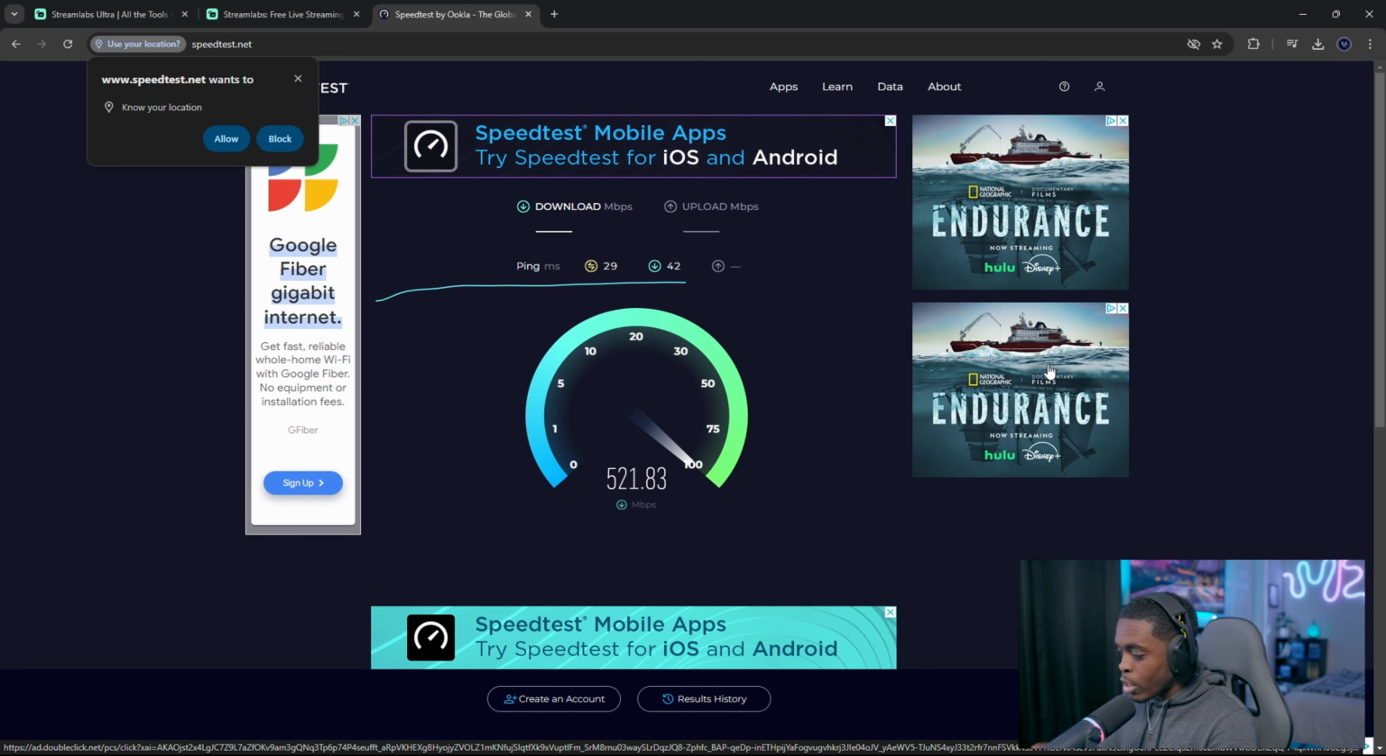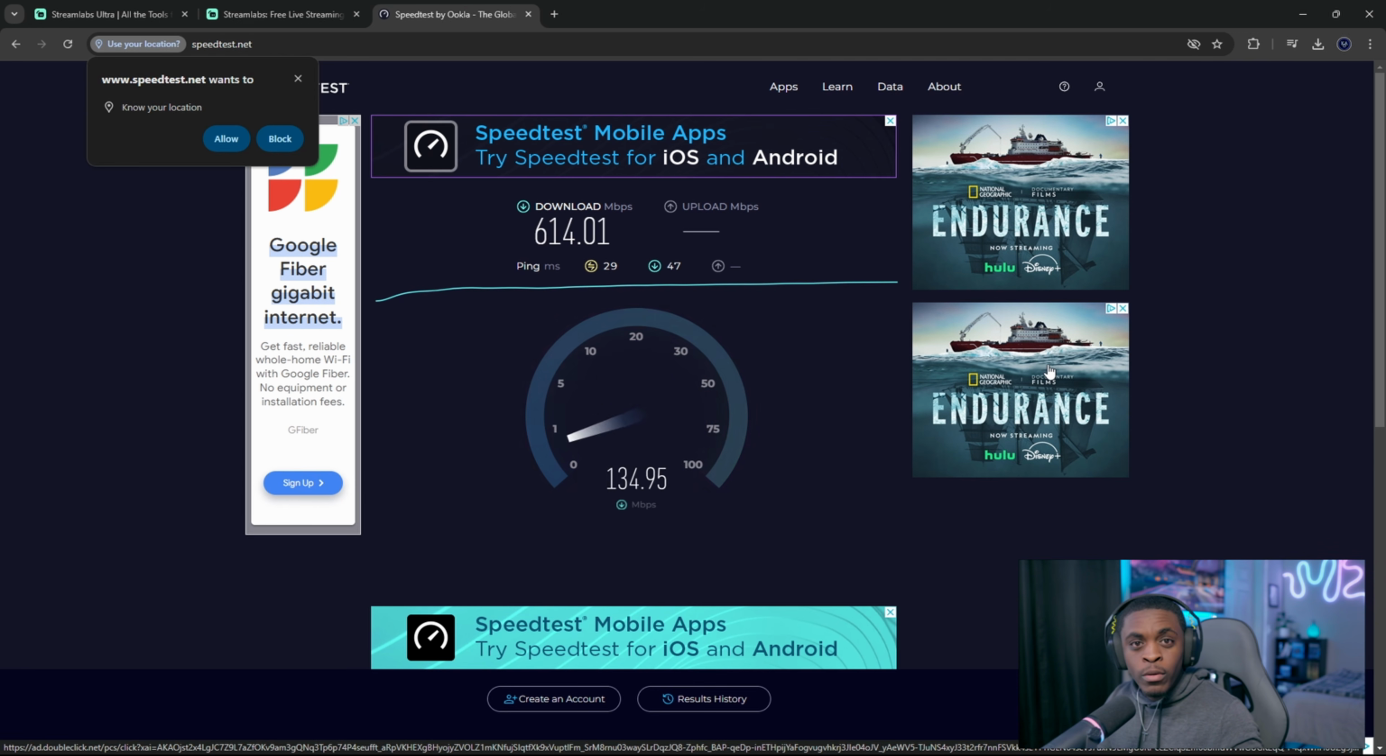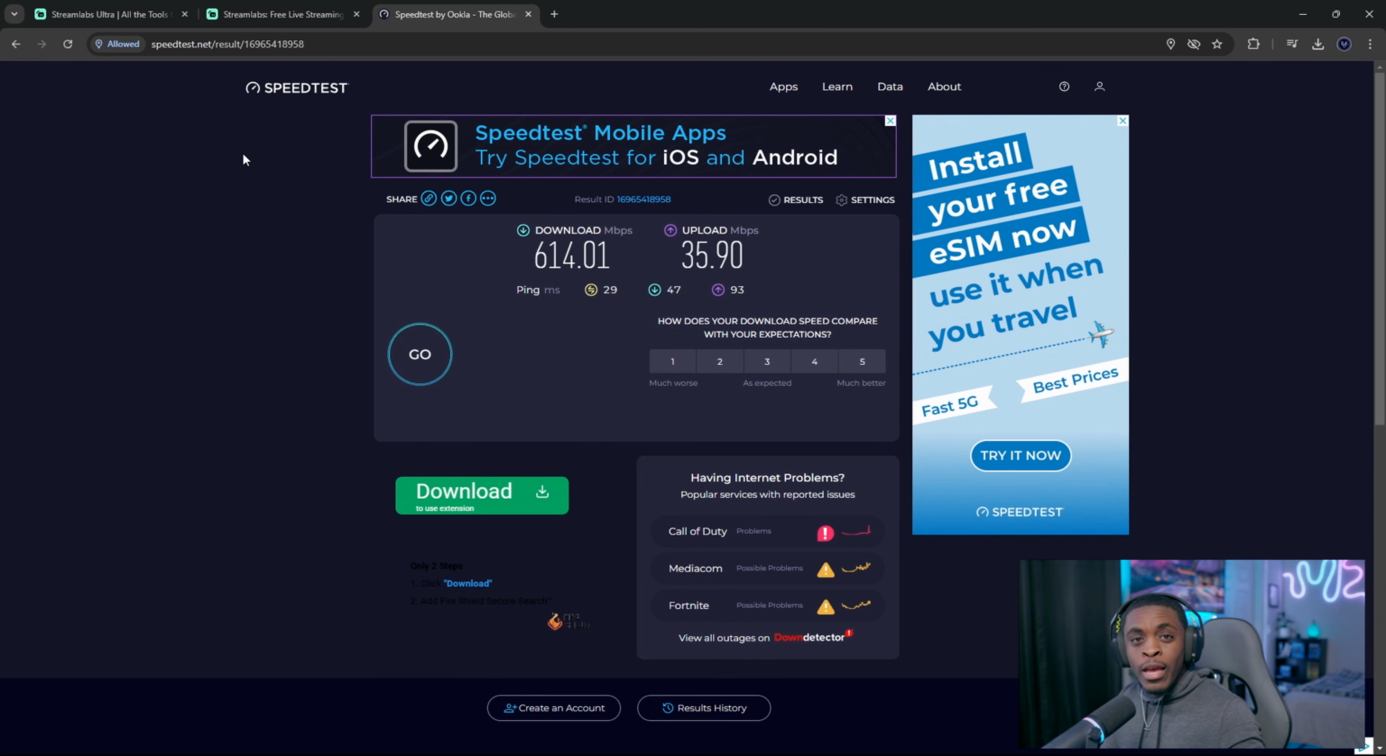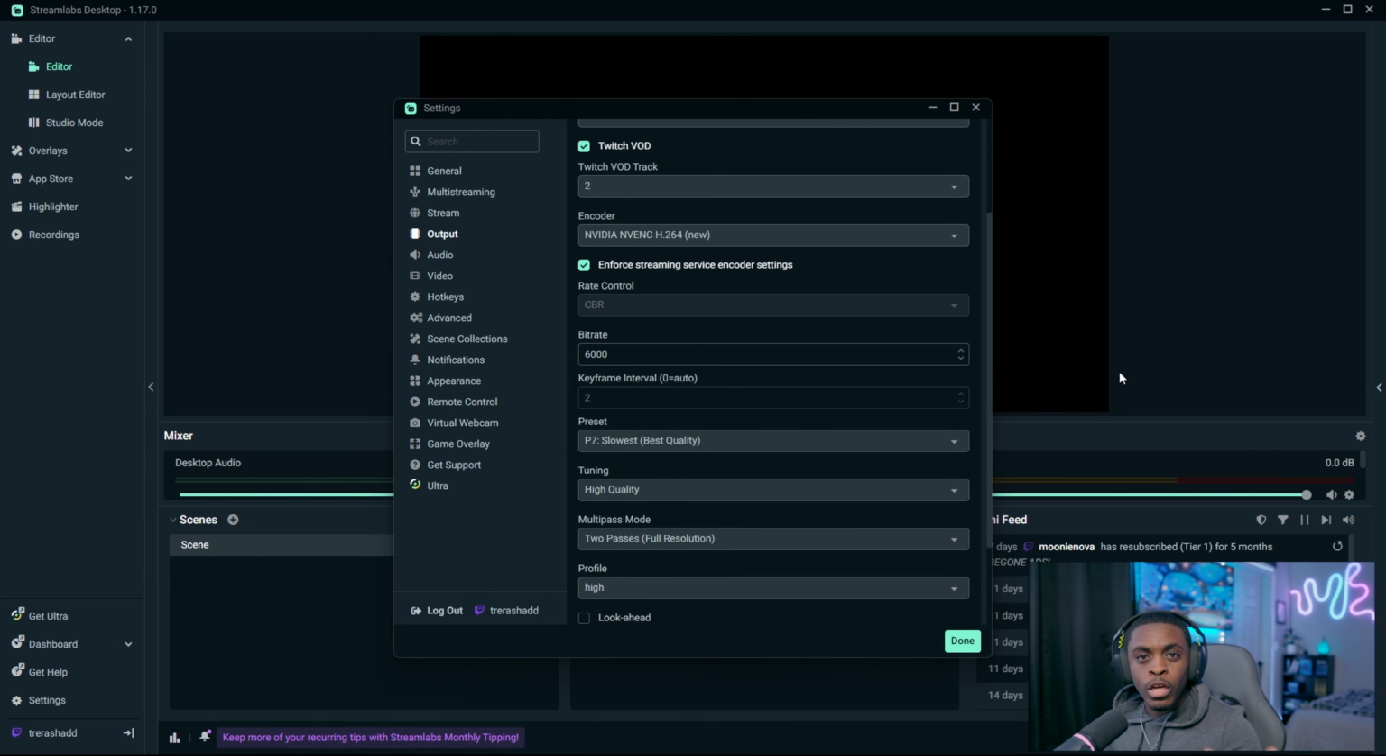So you want your upload speed to be at a minimum of 20 megabytes per second. If it's at 20 megabytes per second minimal, then you will be able to run a 1080p 60 frames per second stream between 6,000 to 8,000 kilobytes. So now that you know exactly what your upload speed is, we now have to come back inside of Streamlabs